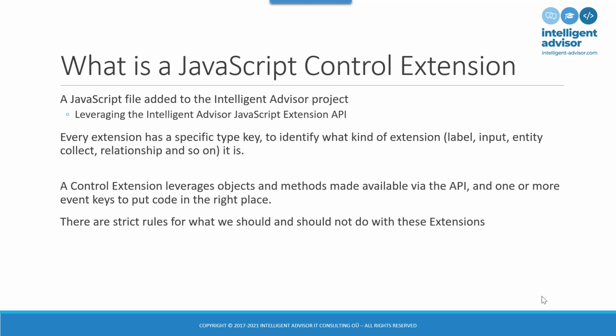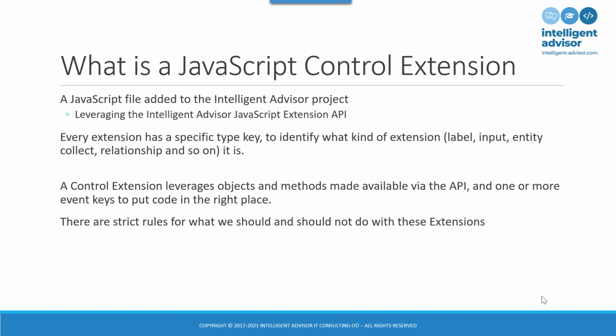We call it a type key, which allows Intelligent Advisor to identify what kind of extension it is. So in previous chapters, we've looked at custom labels and custom inputs, and this time round, we're going to be looking at custom options, but there are many, many more that we'll be visiting in other episodes in this series. A control extension basically leverages objects, methods, functions made available through this API